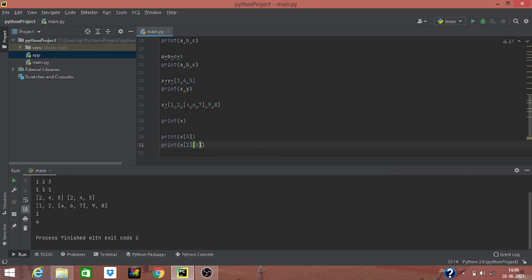Okay, the first element of the inside list is printed over here, which is 4. x of 2 means the inside list which is at index 2, and inside the list